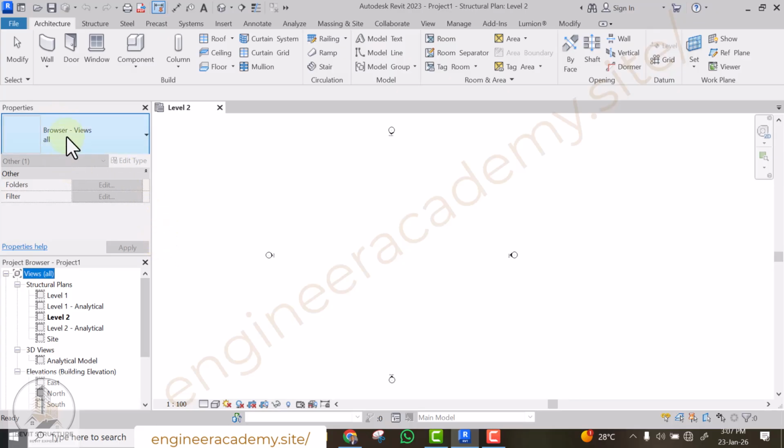This particular one is called the property palette. You will see that at the top of it, you see properties written on it. But if you prefer the way my own interface looks like and you want to dock your project